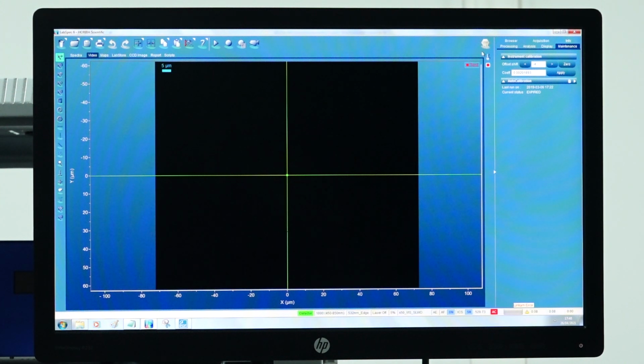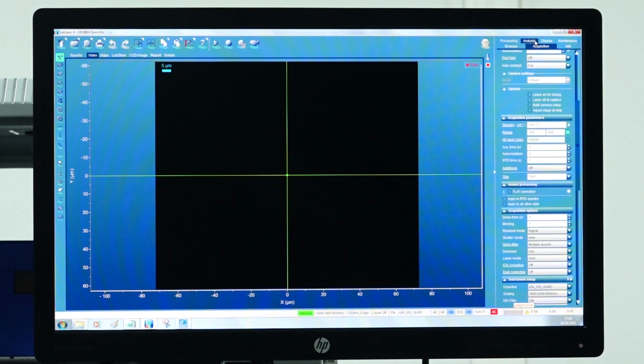Now for acquisition, I'll go to the acquisition tab on the top right corner and click on it. In the acquisition parameters, I'll set the position where I expect to find a huge peak. For MoS2, I am aware that a major peak will be obtained at around 403, and the unit is again centimeter inverse.